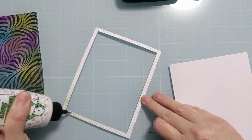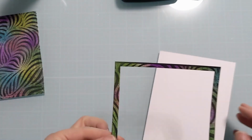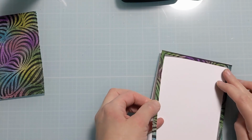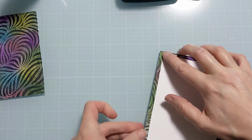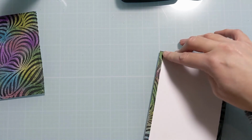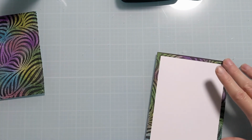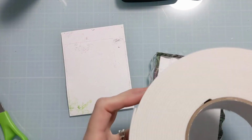So here I'm just using this frame portion that I die cut off just as a fun little element, and I'm going to liquid glue that around the outer perimeter of my card base. So this is US A2 size, 4 1/4 by 5 1/2. This is an optional step. If you wanted to have a white border, obviously you could skip this step,